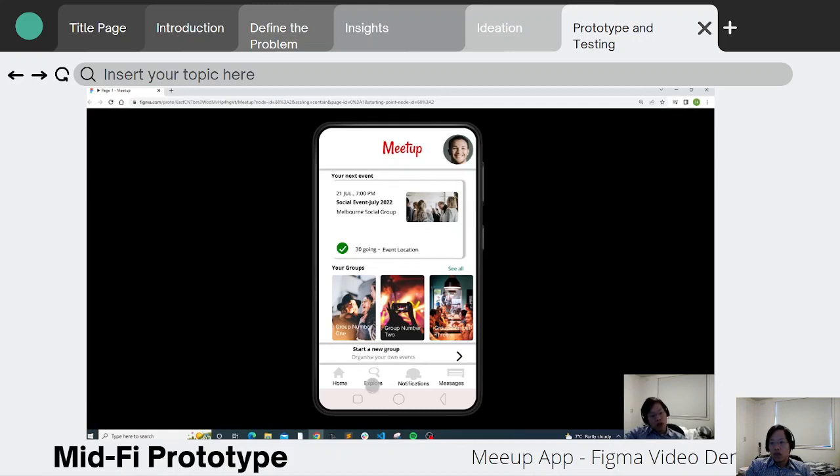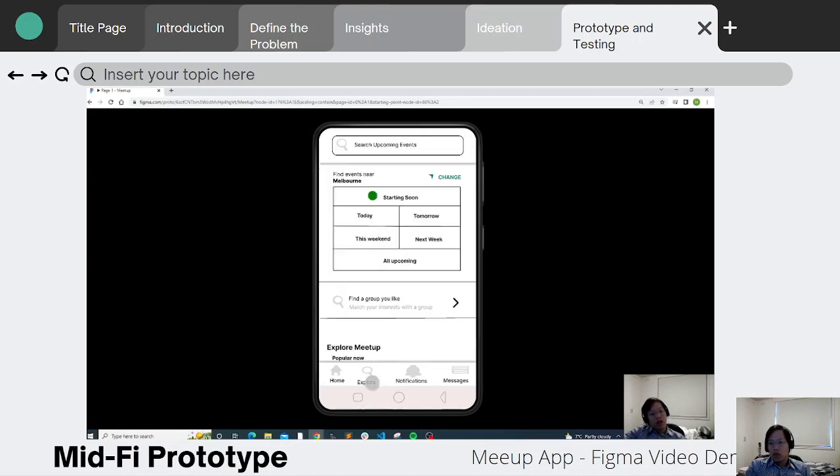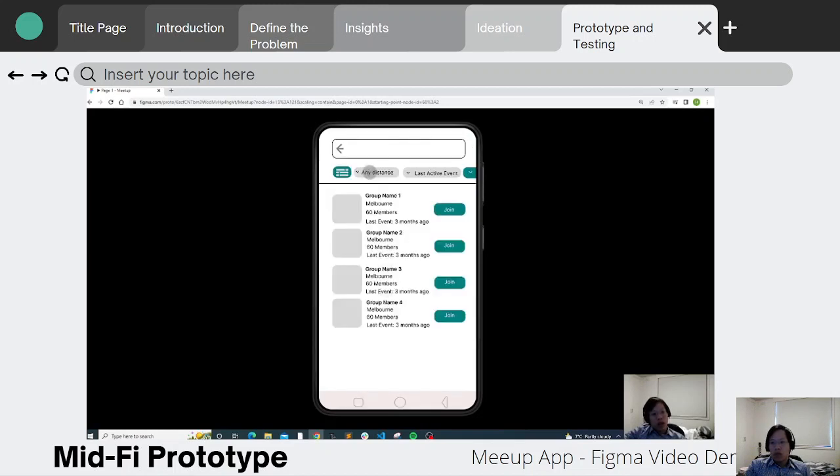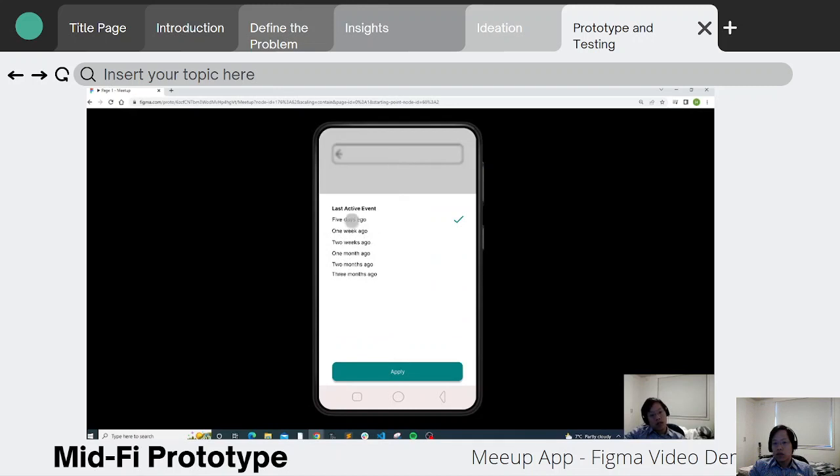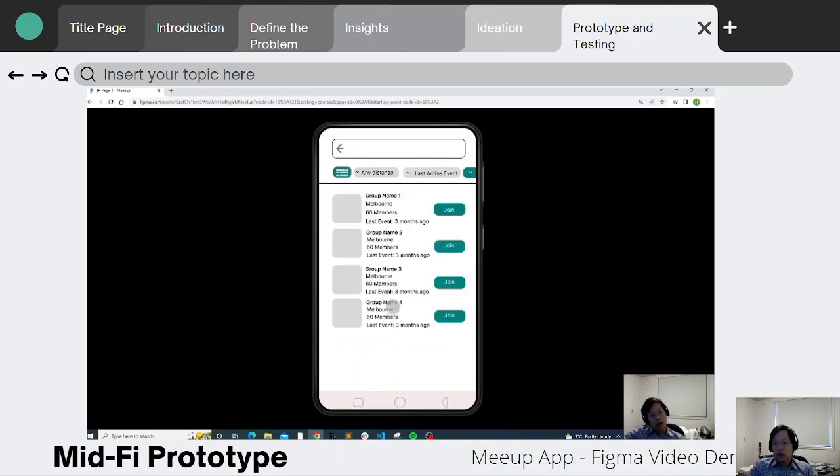The first user journey is the search for the group. How we go about doing that is press explore, finding a group we like, and then we have the search results with these filters here. Okay, so the filter that is actually not on the actual app is this last active event filter, which we're proposing to implement. So this is essentially a number of time periods which they click on, apply, and then that